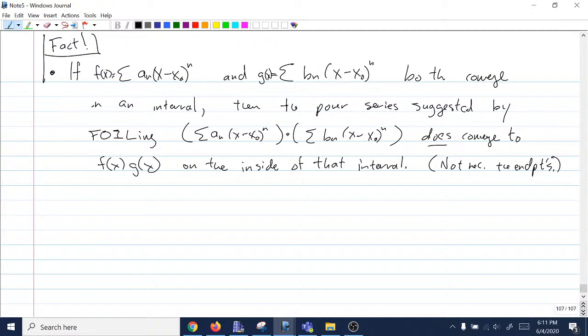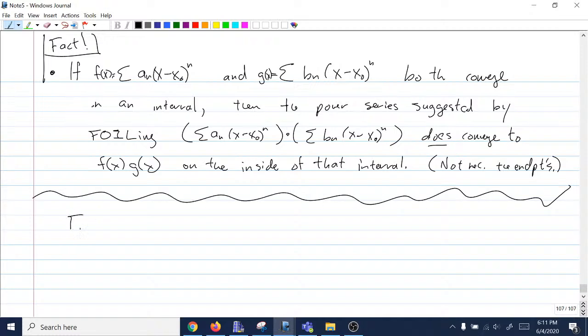You never get the endpoints for free. The endpoints, if they converge, they do converge to the right thing, but the endpoints have chances to not converge from all sorts of goofy reasons. So, for example, I probably wouldn't want to write down the general power series, but I can find the first four terms